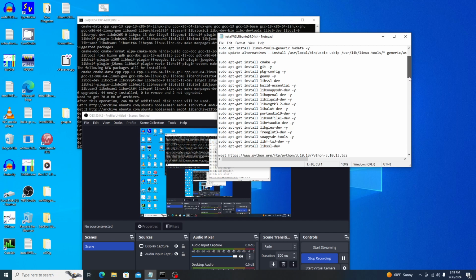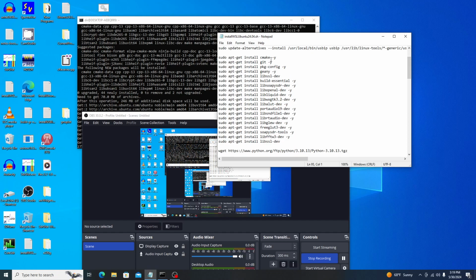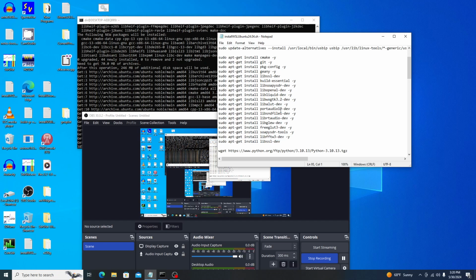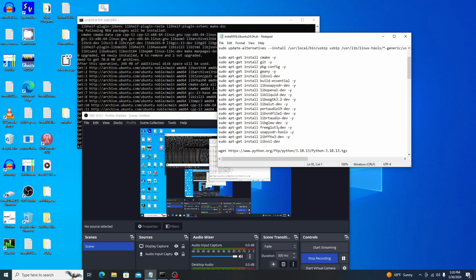Then here are the standard things: you get cmake, package config, Jenny, and the SSL libraries and build essentials, and SOAPY and OpenAL and Liquid and ALT and port audio and sound file, RT audio, GLUT-lib, SOAPY-SDR,